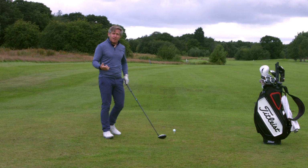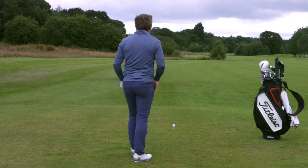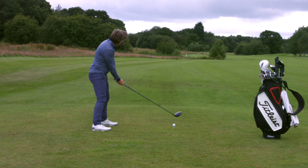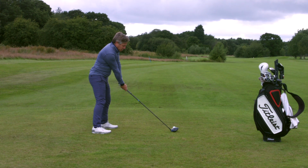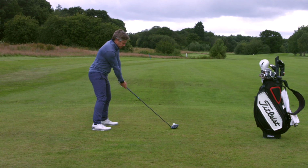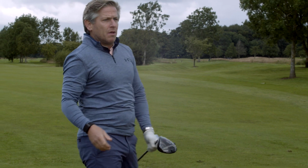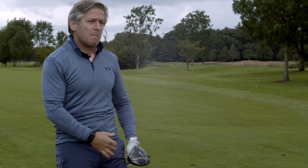So let's give it a little feel of how we can let that left heel start to lift up and then really get that lower body starting down nice and early. So the heel's going to be the key, because that's going to allow us to really complete that shoulder turn, get it back, and then get that lower body starting down first. So the key there is making sure that you can really let that club finish loading going back as that